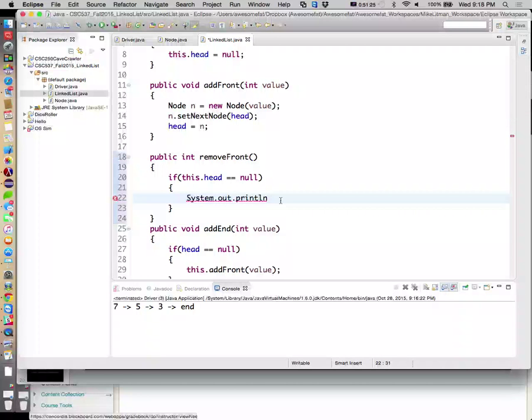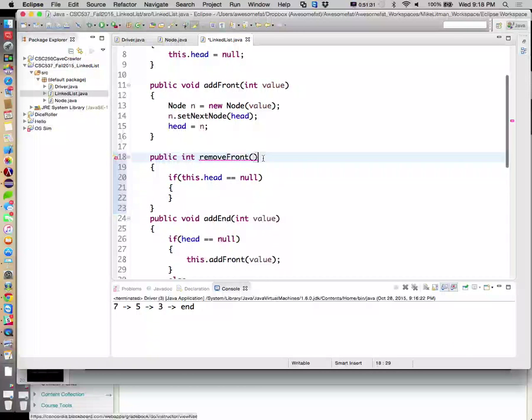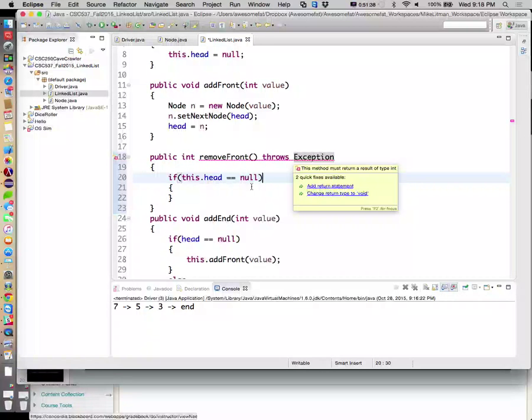Actually, you know, the correct way of doing this, since this does return an int, would be this. Okay, it should actually throw an exception.